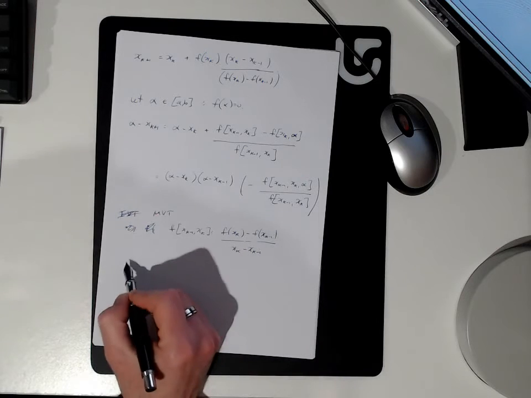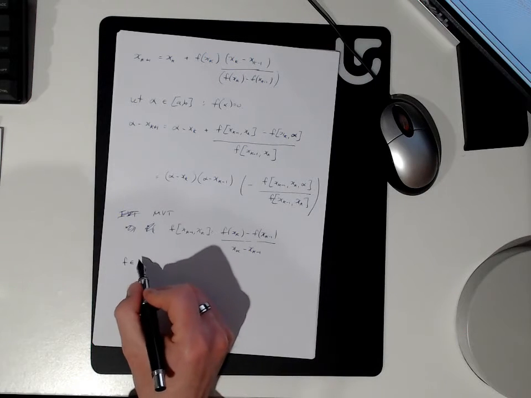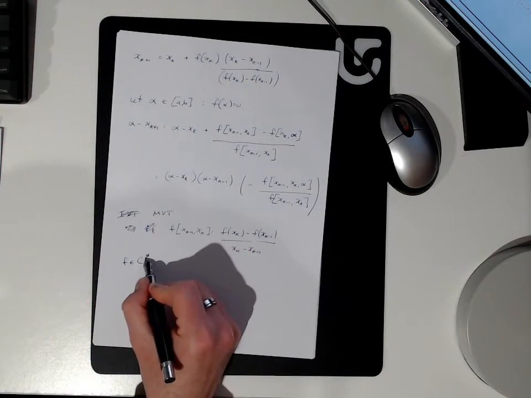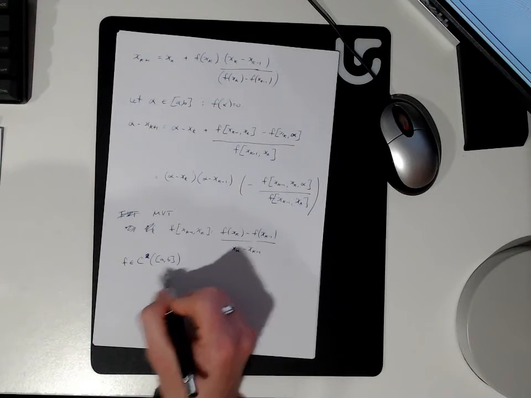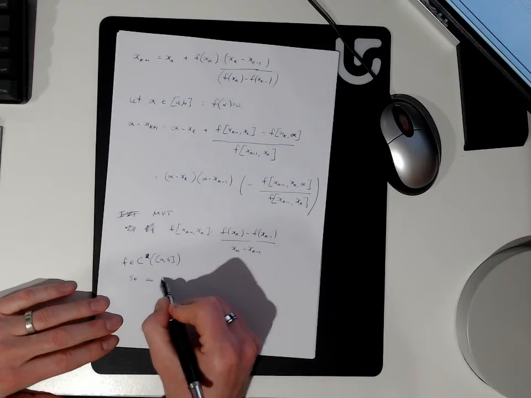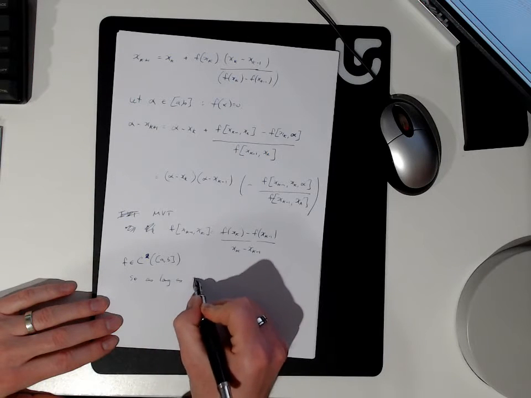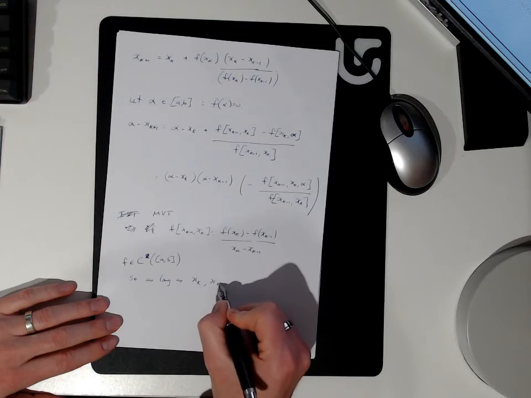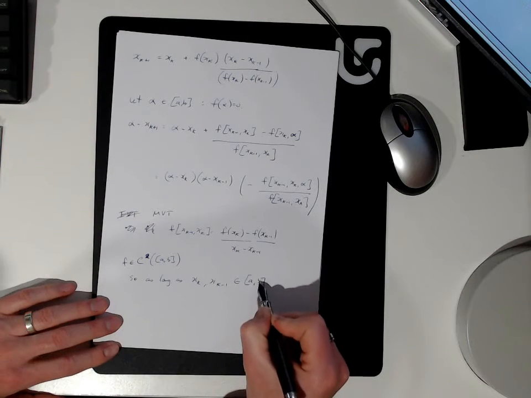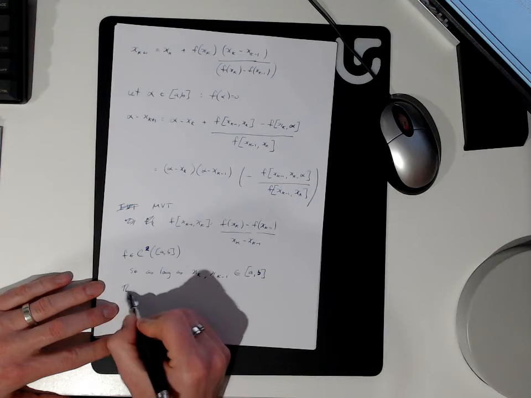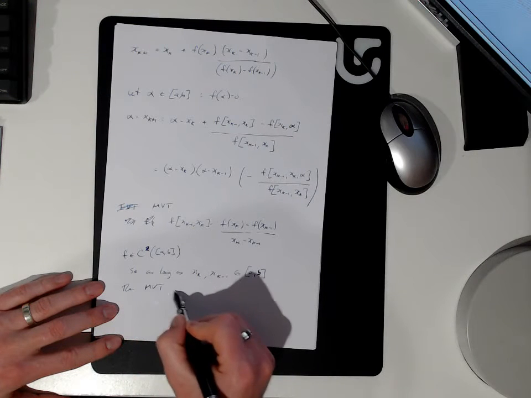So f has been assumed to be C2 over this interval AB. So as long as xk and xk minus 1 are in this interval, the mean value theorem applies,